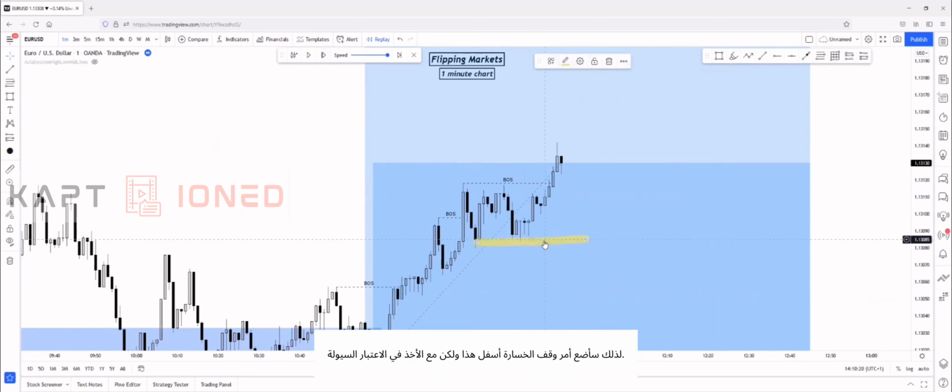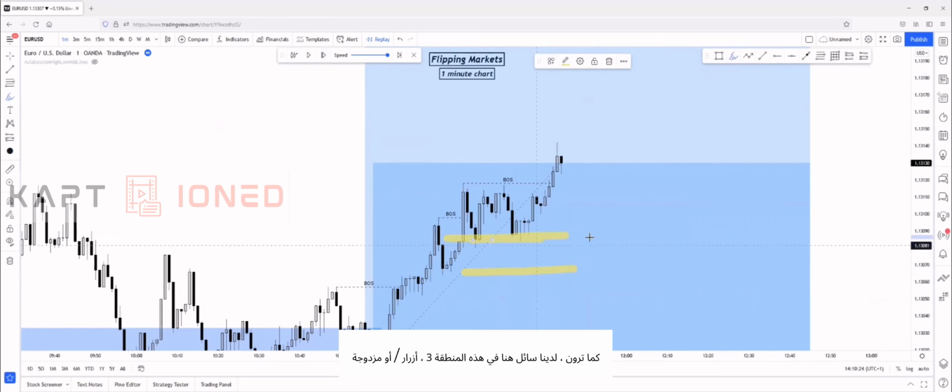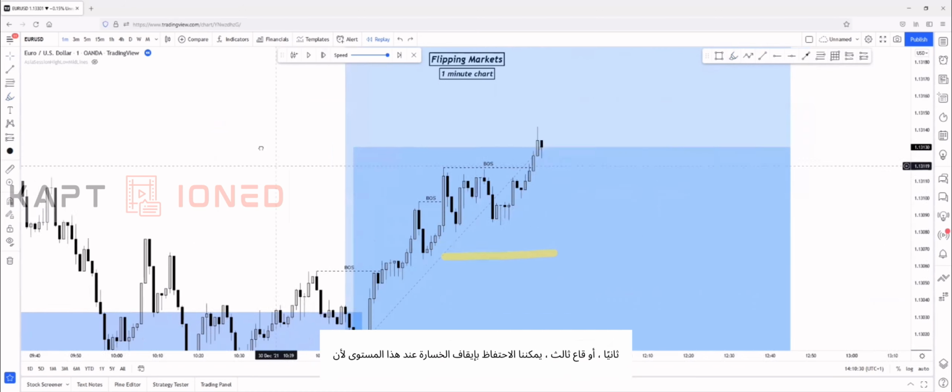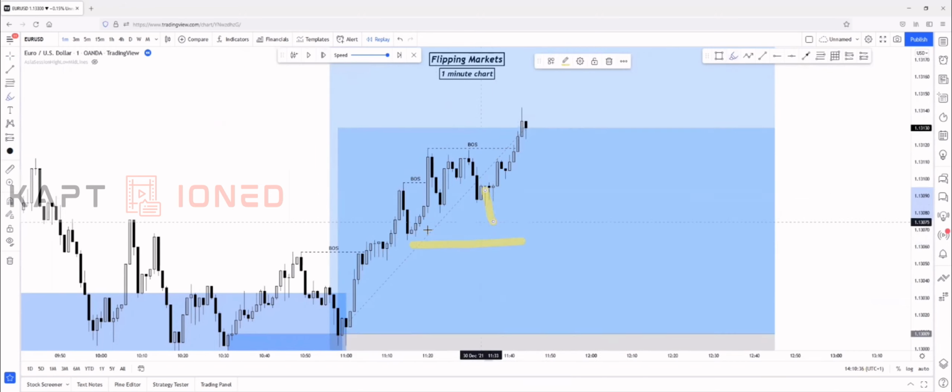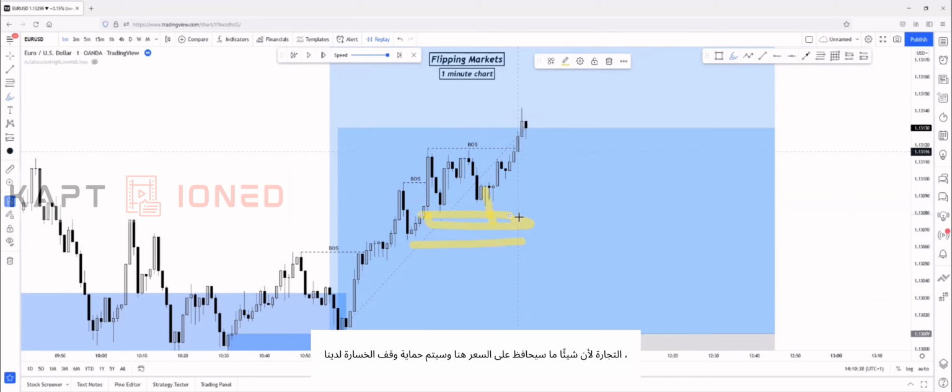But considering the liquidity, as you can see, we have liquidity here in this region. Triple bottoms or double bottoms, first, second, or third bottom. We can keep our stop loss on this level because if the liquidity sweep happens, our stop loss will keep us in the trade because something will hold the price here and our stop loss will be protected. But if we place our stop loss below these equal lows,